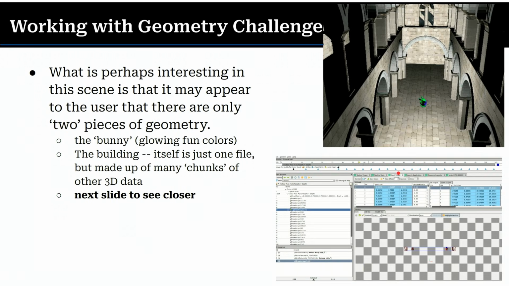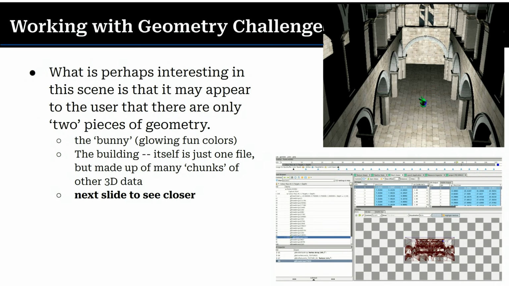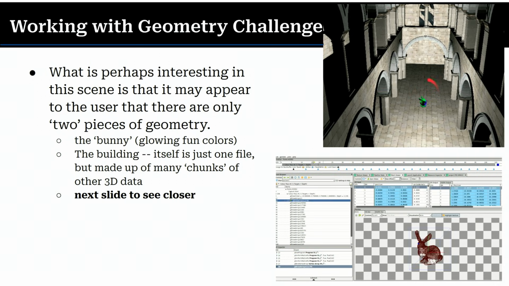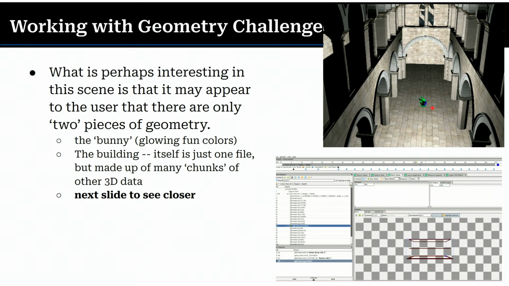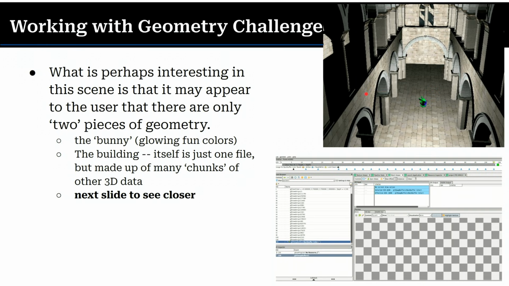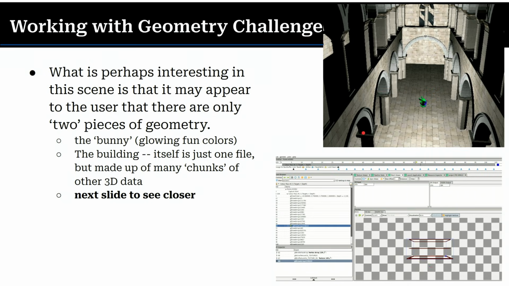So anyways, what's interesting about this scene, as I alluded to, is you can interpret this as two pieces of data. Again, the bunny in the middle of the picture, small and rotating in the animated version, and then the world here. But scrolling through your profiler, you find that this world, the Sponza scene, that's what this castle thing looks like,